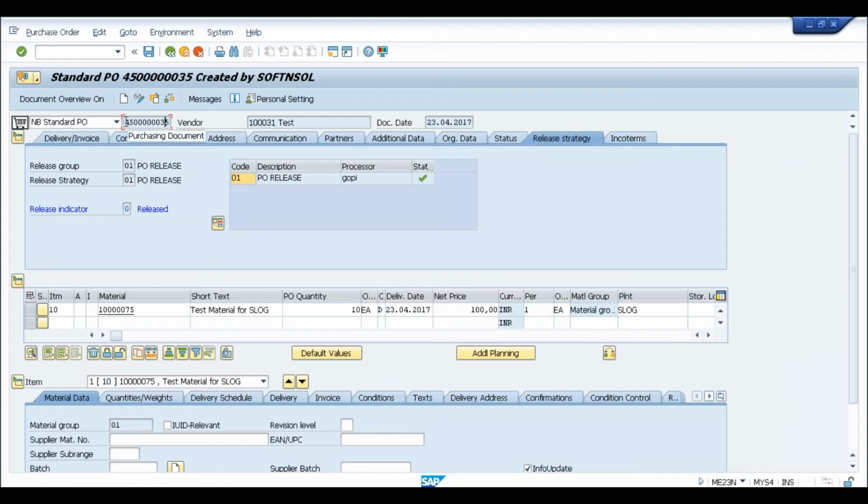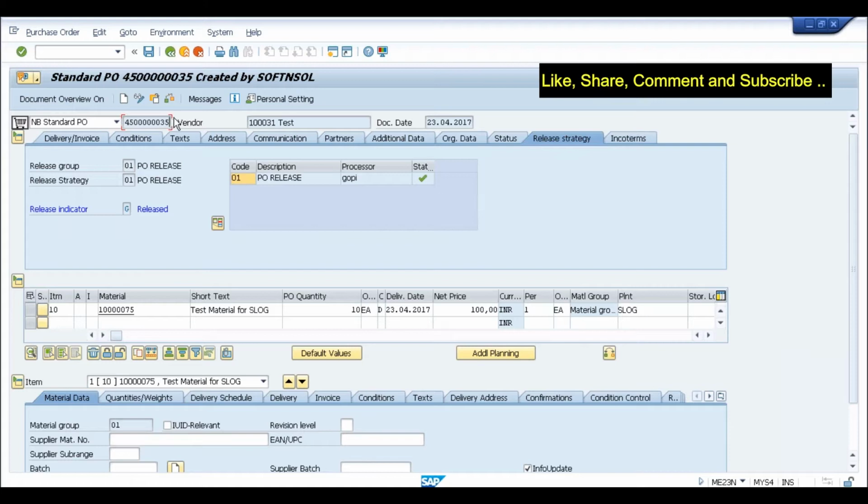Let's try to do the GRN now for this particular purchase order, because you will also find some of the changes. Although, as I told you, there are a lot of changes in terms of the screens, but once we complete all these things, then we'll move to Fiori. So the complete scenario we'll see on Fiori also. But before that, let me show you from the functionality point of view, not from the user screen point of view, what has been changed.